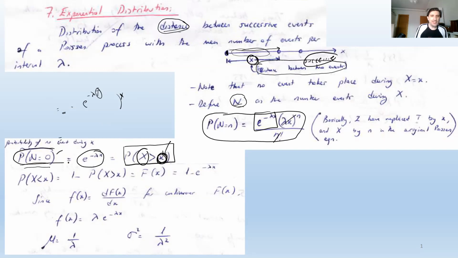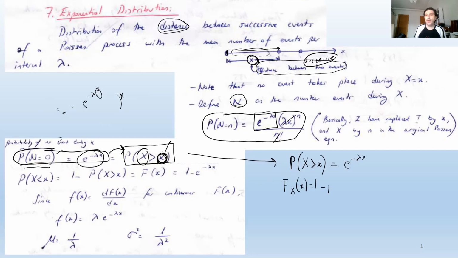Well, up to this point, it's just arithmetic. It's pretty much straightforward. But jumping to this part needs a little bit of thinking. Once you understand this, actually what we have is this one. We have a random variable x, and the probability that it is greater than some x value is going to be equal to e to the minus lambda x. Now what we do is we find F_X(x), which is going to be equal to 1 minus the probability of x greater than x, which is the probability x smaller than x. And this is going to be simply equal to 1 minus e to the minus lambda x.